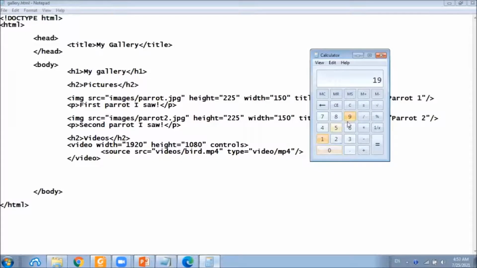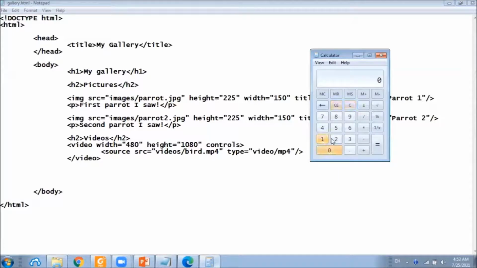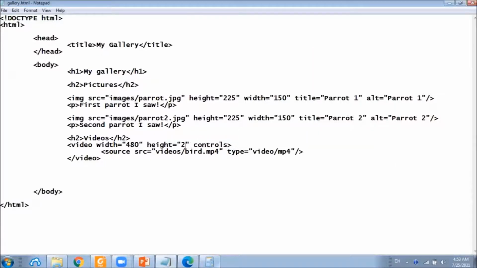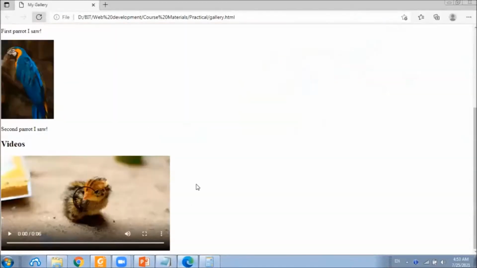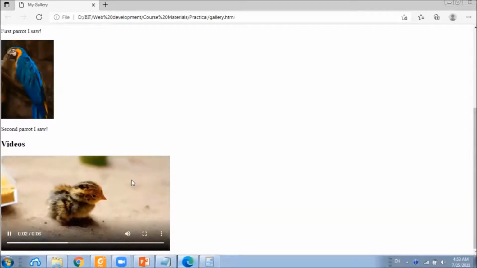We divide 1920 by 4, 480, and height 270 pixels, and we save it. Now it's small, and we can control the dimensions of the video.